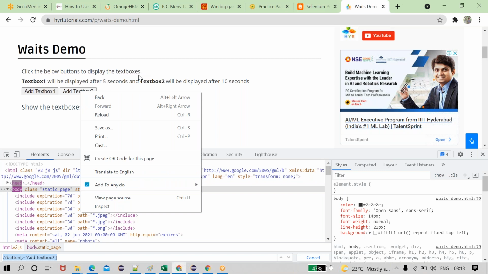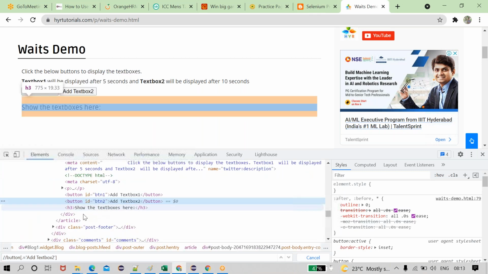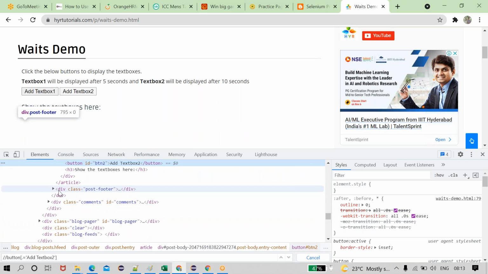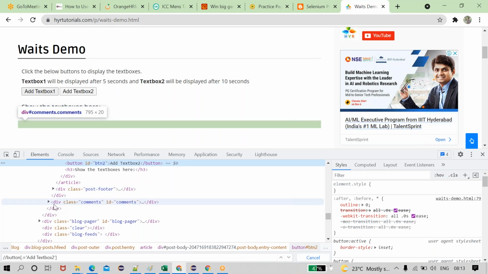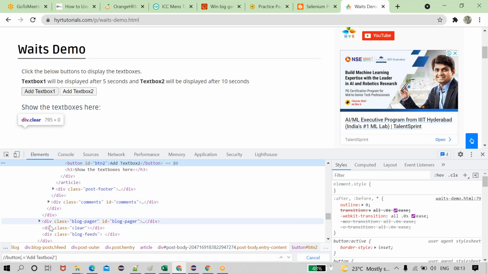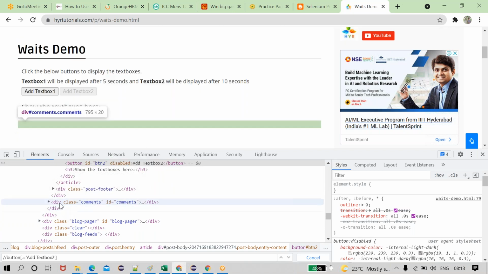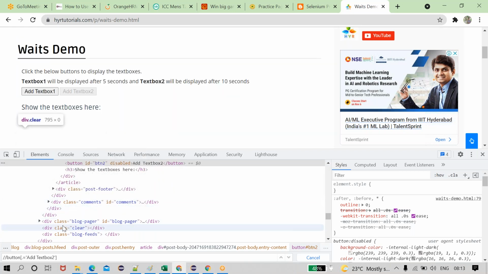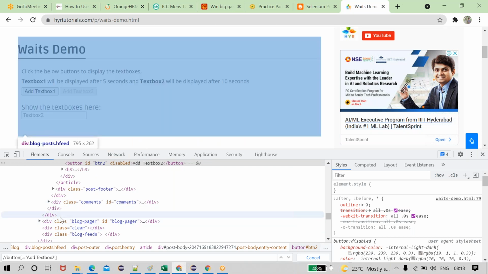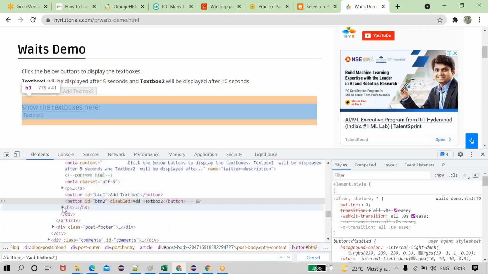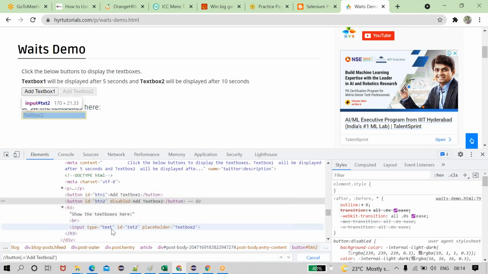See, if I perform the click operation, here there is no input box. Input is the tag name which is used to enter text in the text box. See, there are no input boxes. If I perform the click operation, after 10 seconds we are able to see the text box. See, one second, wait for a time. 10 seconds. See, after 10 seconds, this H3 tag is open. Inside that, an input text field is available. Yes or no?